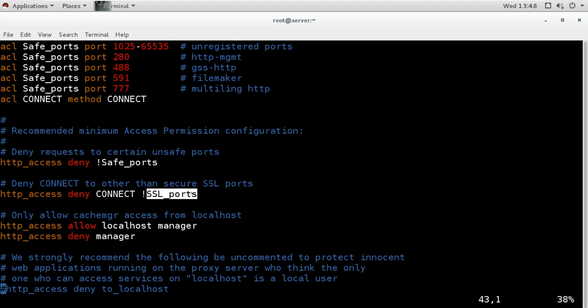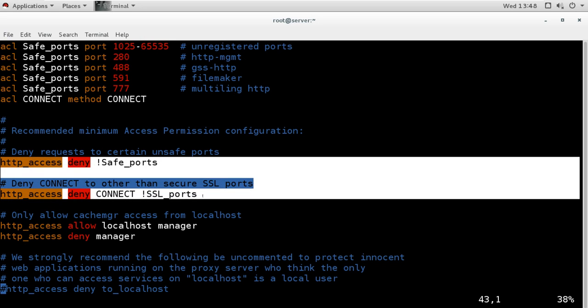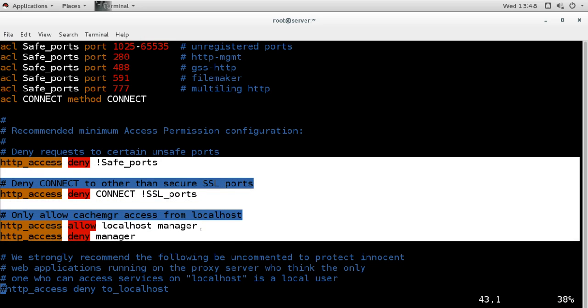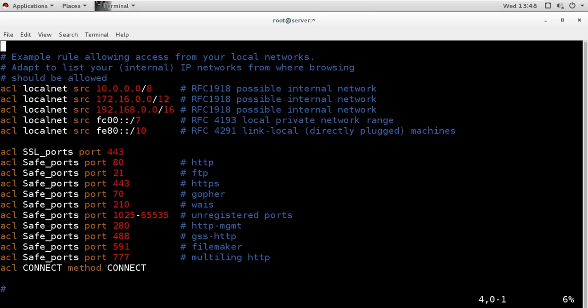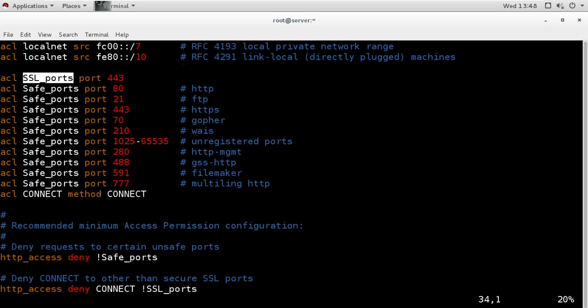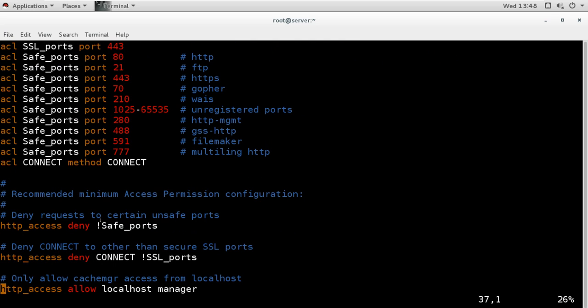Now here the sequence is also important, just like in Cisco routers the sequence is important. Here it is saying deny all the ports except the safe ports. That means it is going to deny all the ports, including SSL also, which is not mentioned in the safe ports.